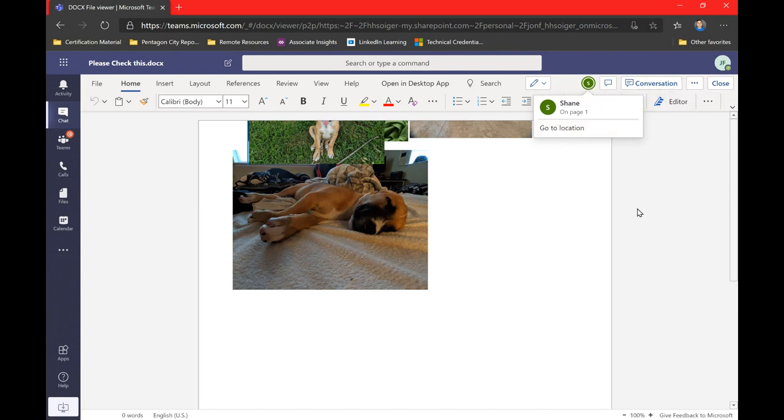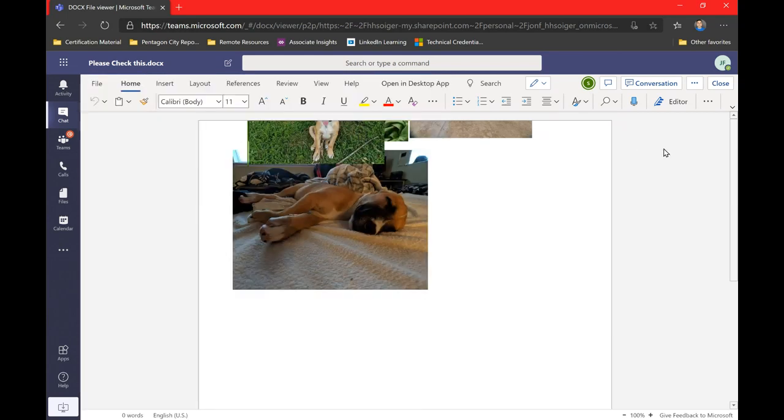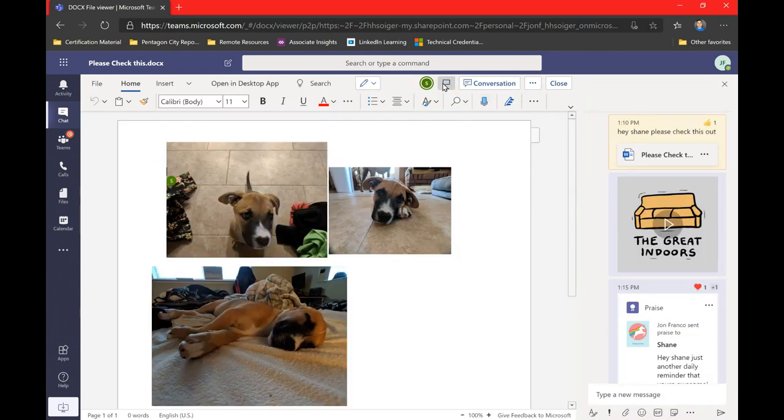When it comes to version history, when it comes to controlling that feature, that's only available within the desktop version of Word. So when you open it within the desktop app on the ellipsis, you will be able to manage that version history. But then on this side here as well, I can enable if it's only available for reviewing or editing, as well as pop open the Teams chat on the right-hand side, or even open the comments